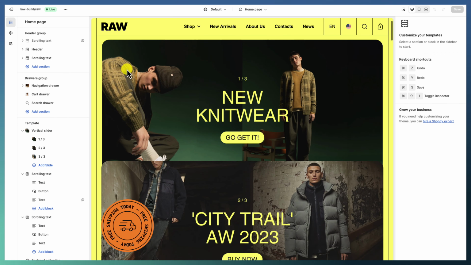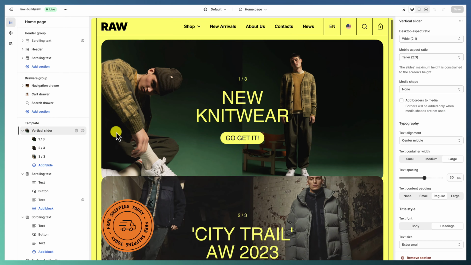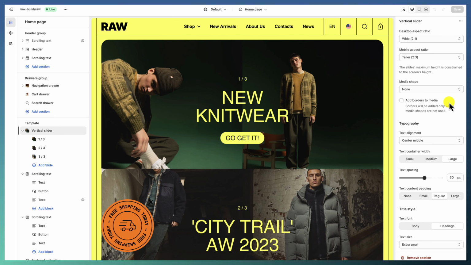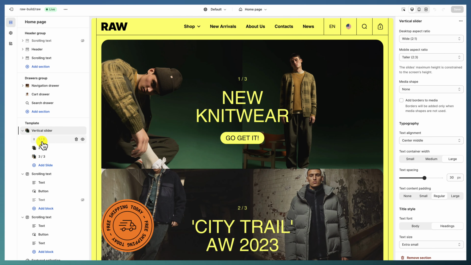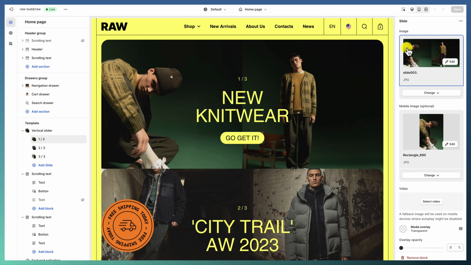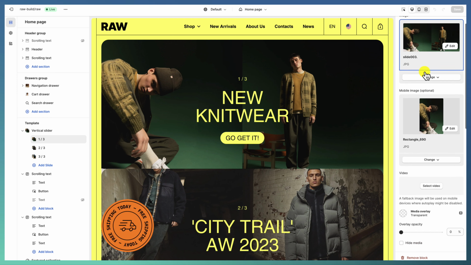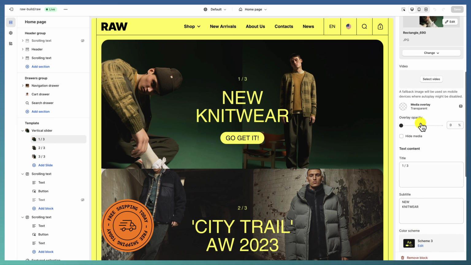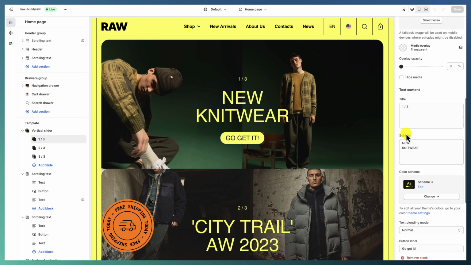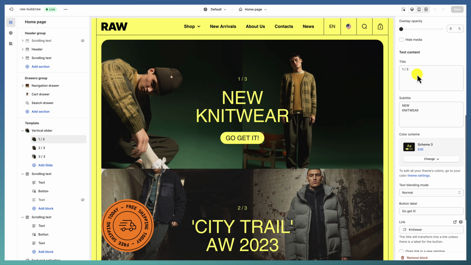the home page. The first section we set is the vertical slider with a different desktop aspect ratio and different mobile aspect ratio, and really important, we've covered this in our theme tutorial as well, different images, both for desktop and for mobile, that are created in the aspect ratio which we set. Some text content